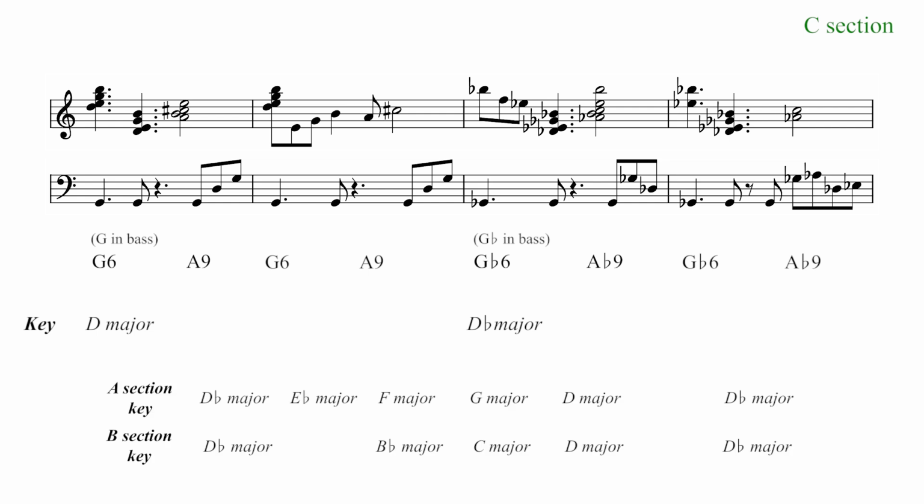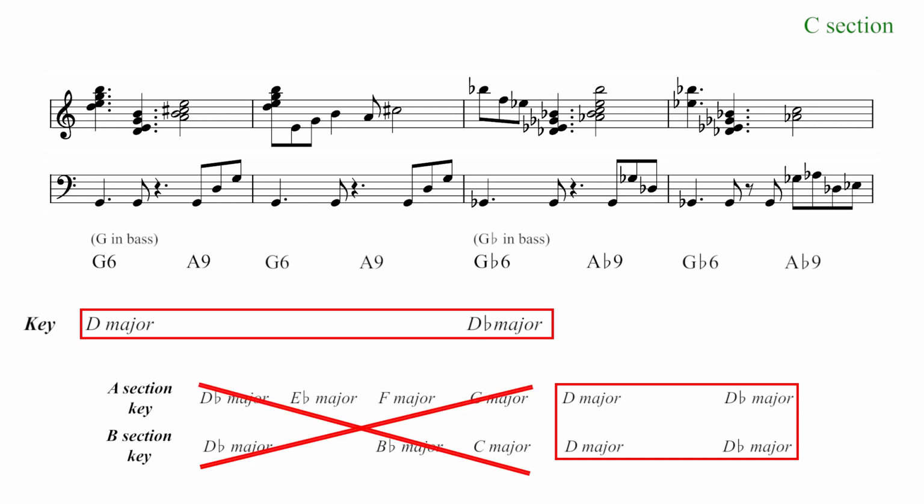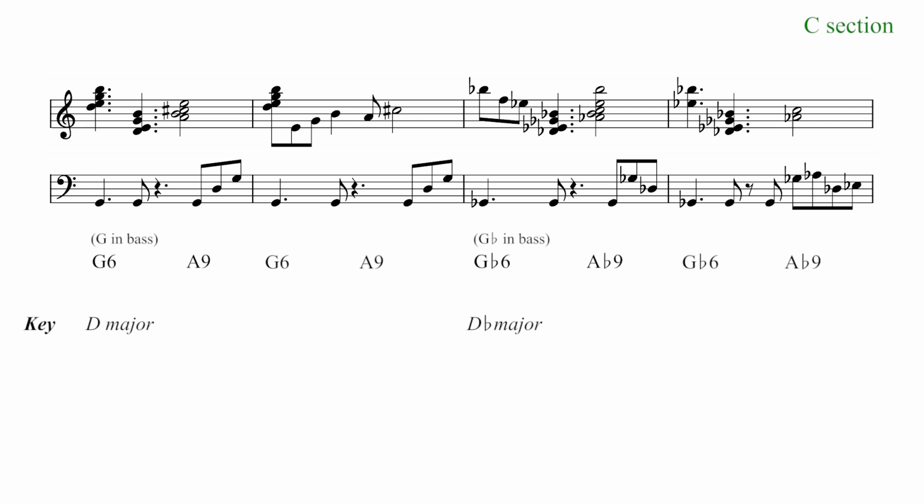It's as though the last 2 keys from the A and B section patterns were taken and extended in order to last 2 measures each. In the C section, this half-step modulation is highlighted by the absence of other modulations. All we hear now is a sort of queasy cycle between the brighter D major and the darker D flat major. The chord functions in this section also contribute to the sound of this cycle.